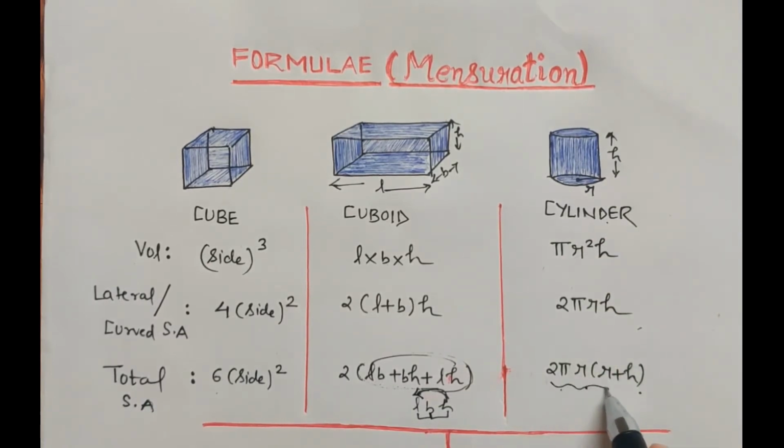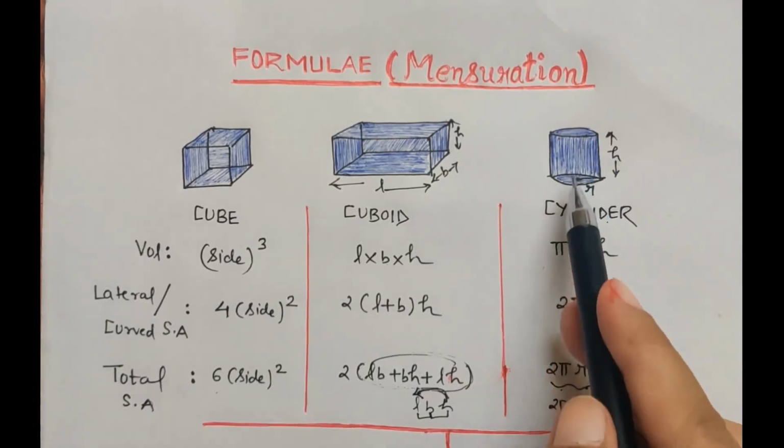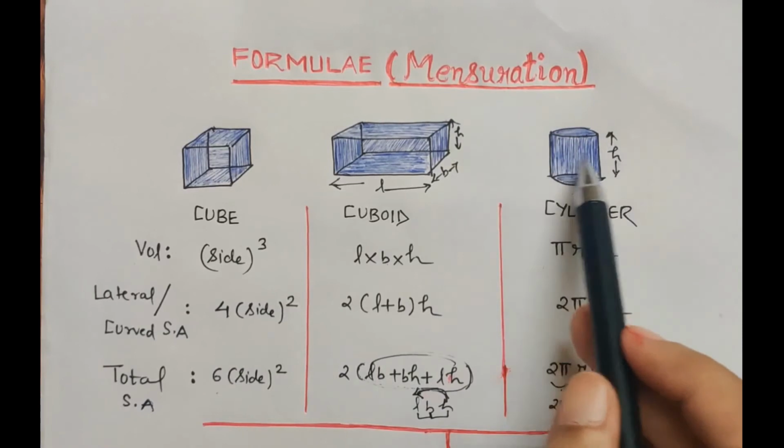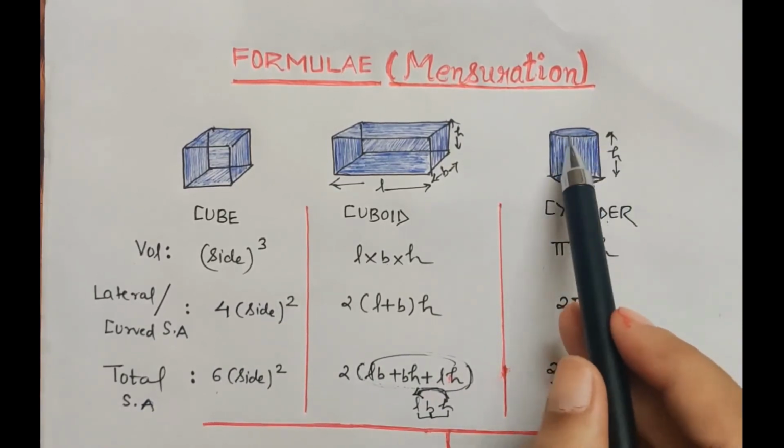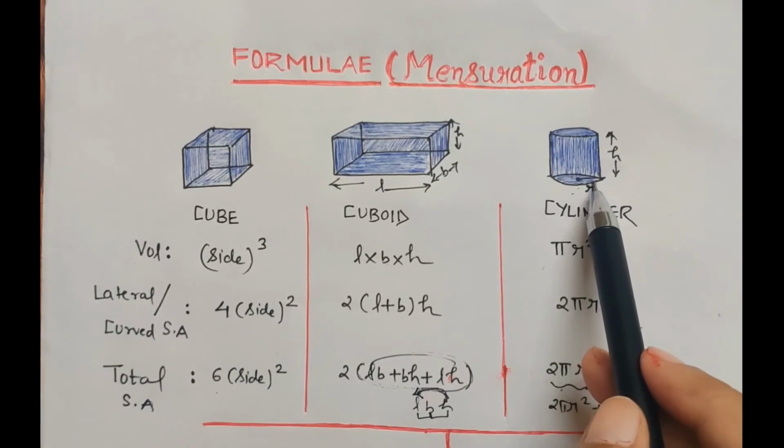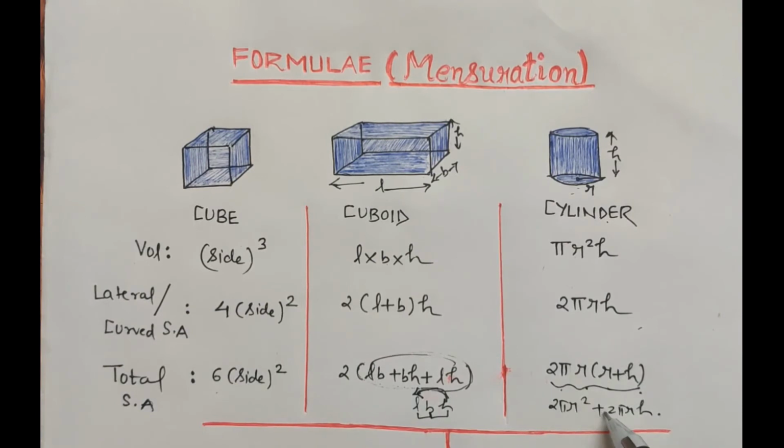Actually, when we break this, we have 2 pi r square plus 2 pi rh. In total surface area, we are including the top as well as the bottom. The bottom and top of a cylinder are circles. So the area of a circle is pi r square, plus pi r square, as we have 2 circles in a solid cylinder. This gives 2 pi r square plus the curved surface area, which we already wrote as 2 pi rh. So 2 pi rh is to be added, and here we have simply taken out the common things. So in simplified form, it is 2 pi r into (r plus h).